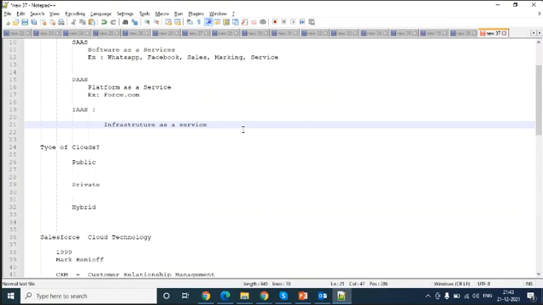So in such a way, Salesforce itself will keep your data on some other server. They maintain this infrastructure as a service and provide it to us based on payment. Means I am using Salesforce, so I am going to pay them, then they will give the server locations to us. Okay, thank you.